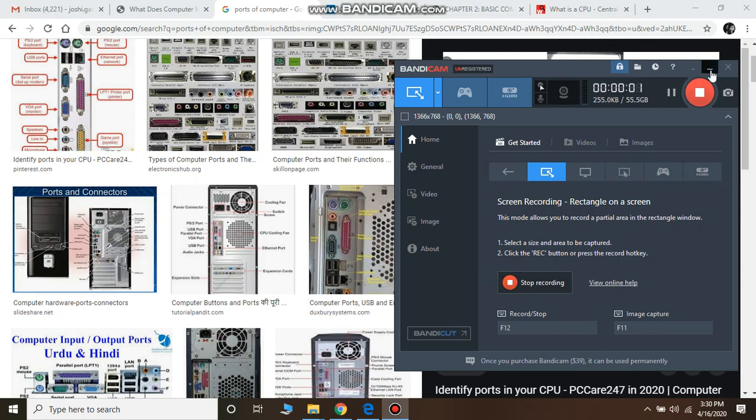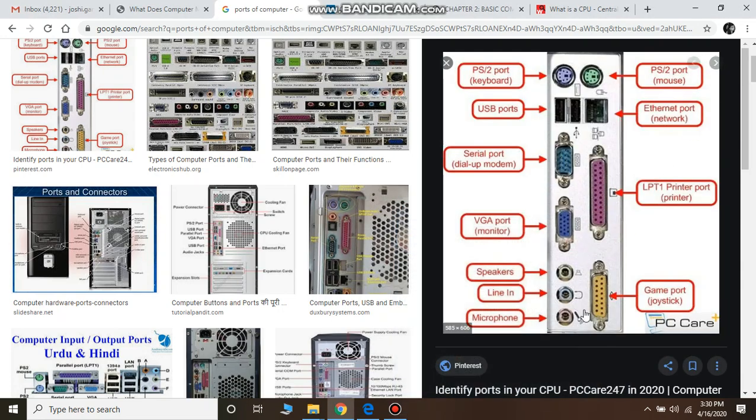Welcome students. In this video, we will be discussing various ports that are present on your computer. So what is a port? A port is basically a connection between your external devices and your computer. If you see on your computer screen, these are the various ports that are present on the back